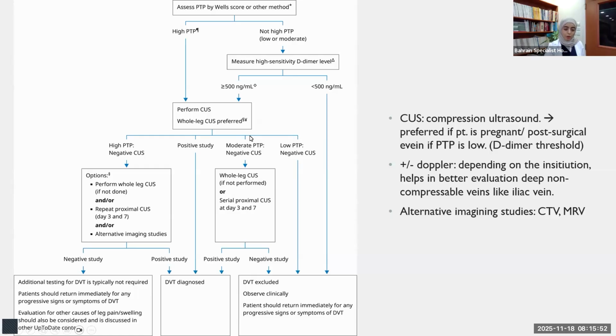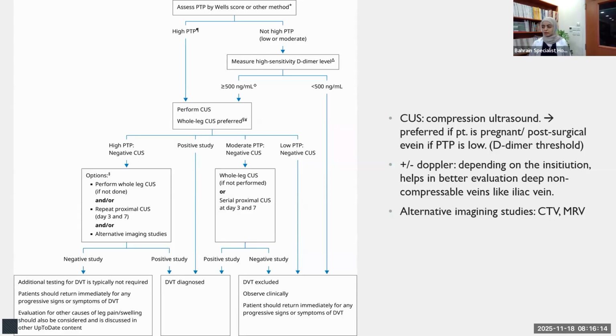And if there is a moderate pretest probability and a negative compression ultrasound, you will do the whole leg if not performed, or they will do the serial 3 to 7. If it is positive, DVT is diagnosed. If it is negative, then DVT is excluded. It's worth mentioning that